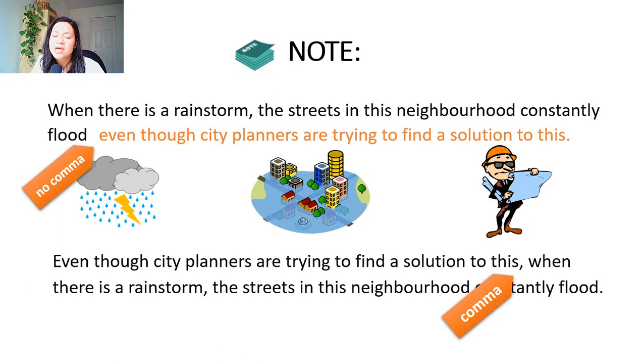One last thing to note is about pronouns. When we move the dependent clause first, it's a little strange to keep "this" because the reader doesn't know what "this" refers to. So in this sentence, it's better to take it out when "even though" comes first. So also consider the pronouns you're using in the sentence when combining them together. You want to make sure that your pronouns make sense in the sentence. Even though city planners are trying to find a solution when there is a rainstorm, the streets in this neighborhood